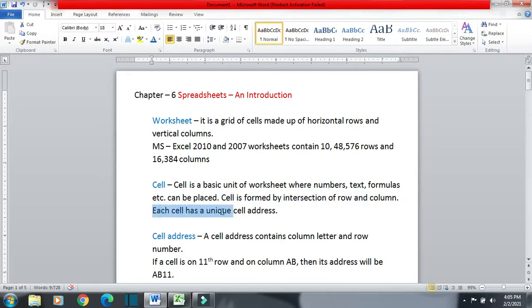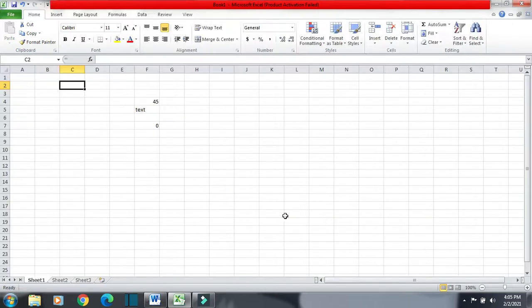Each cell has a unique cell address. Suppose this has the address C8, this has the address K3. Every cell in a worksheet will have a different cell address. No two cell addresses will be the same.